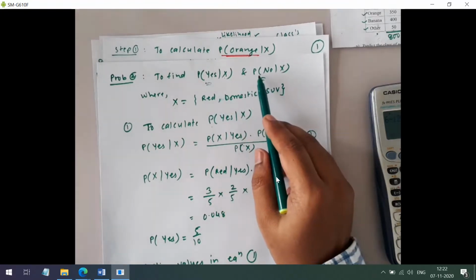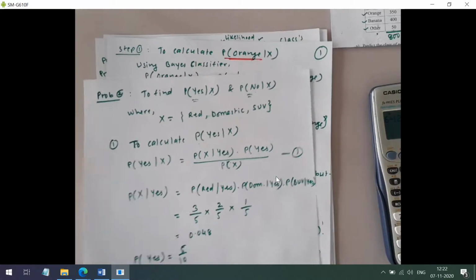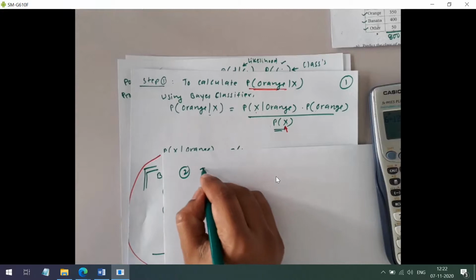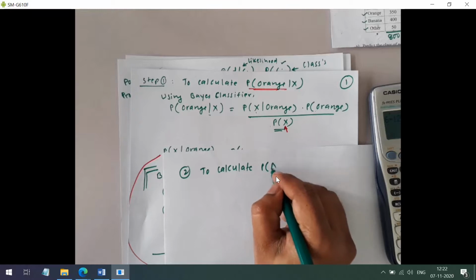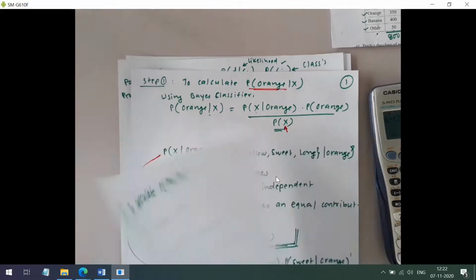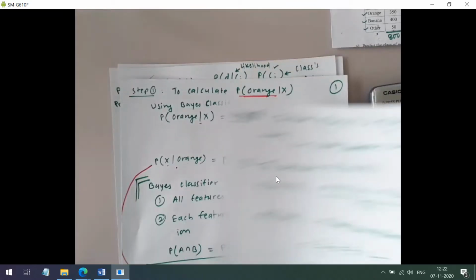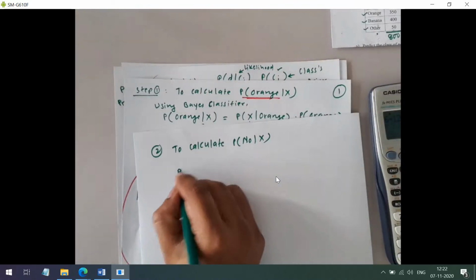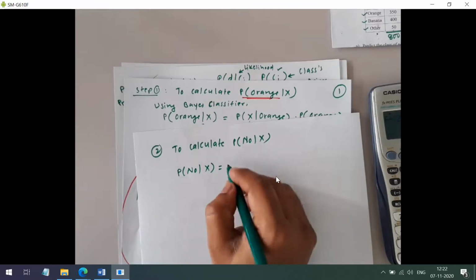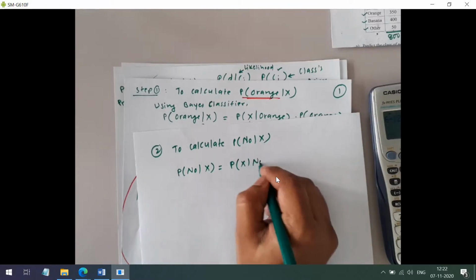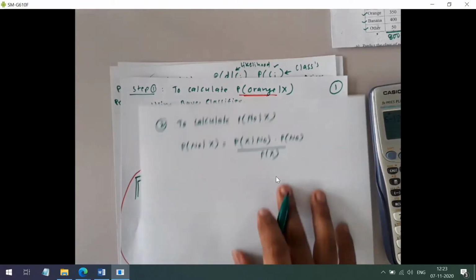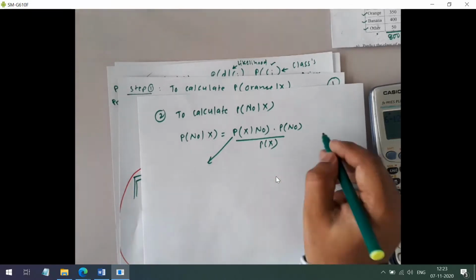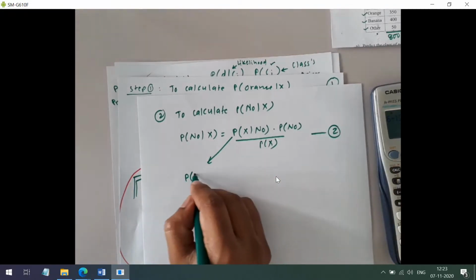Now we are finding probability of no given X. To calculate probability of no given X, using the Bayesian classifier equation, probability of no given X equals probability of X given no, into probability of no, divided by probability of X. Now we will calculate this, equation number 2. So probability of X given no